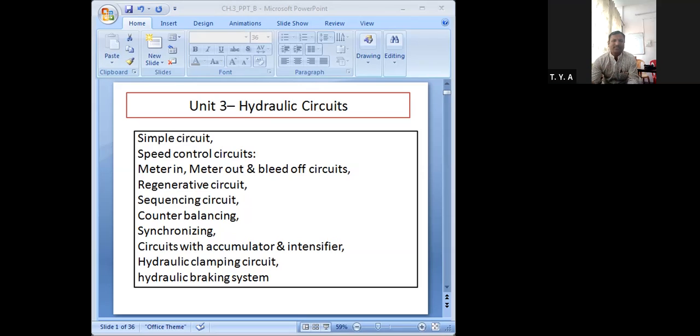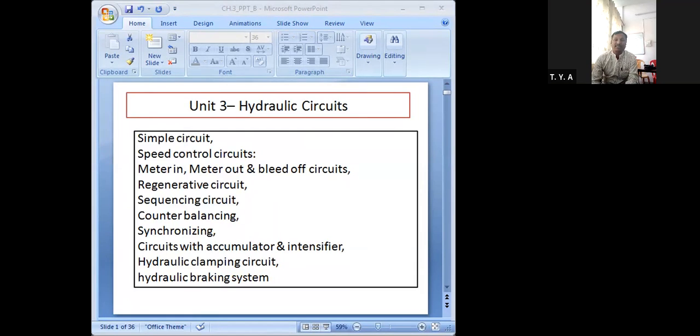Now, again, just a repetition. What is in the hydraulic power pack? The hydraulic power pack consists of a pump, then a drive motor, then mechanical coupling parts, oil reservoir, then strainer, filter, and cooler, etc. These are actually the assembly or the combination of all these small parts. It is called our hydraulic power pack.